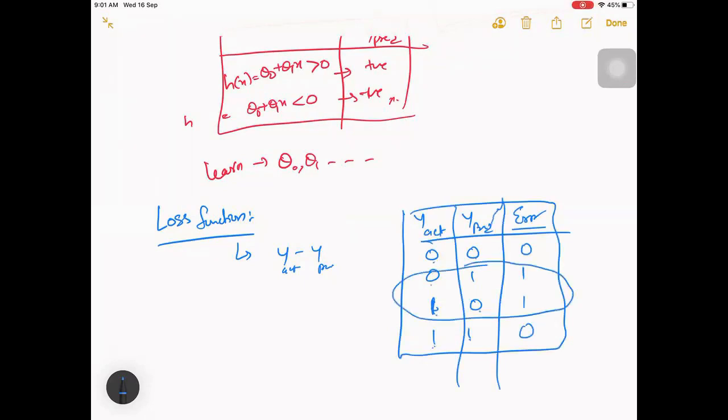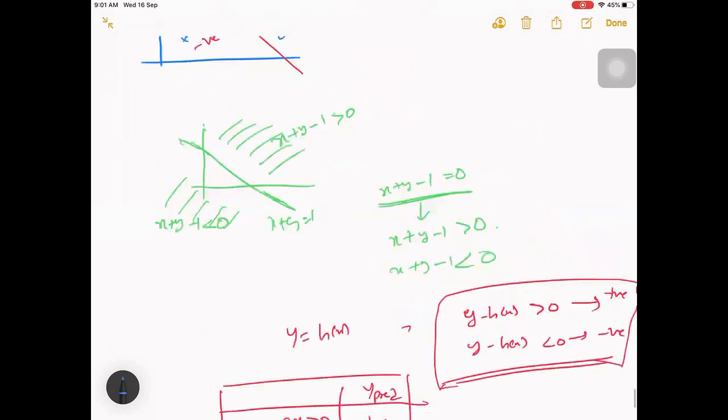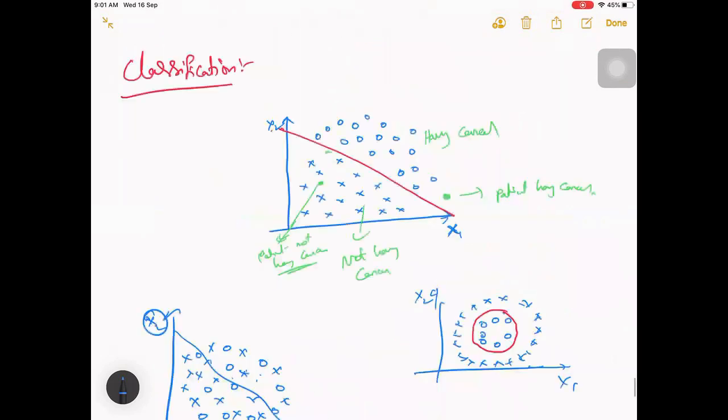So if you directly take the difference between these two, actual minus predicted, 0 minus 1, 1 and 0, you are getting something here, but actually this doesn't make sense, because take this case where it has predicted something nearby to this or farther from this, still you'll be getting the same error value, right?